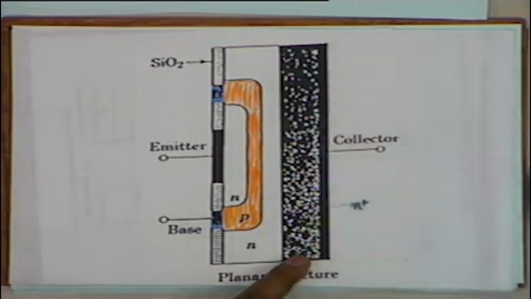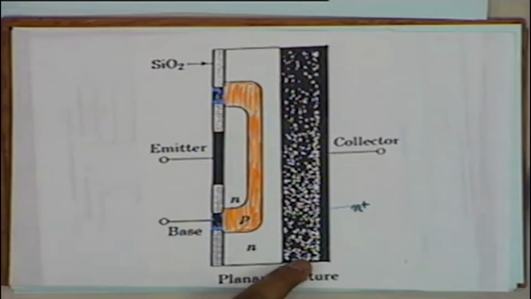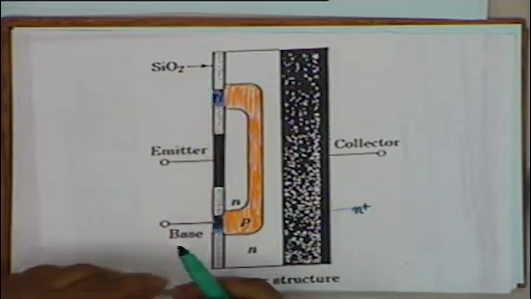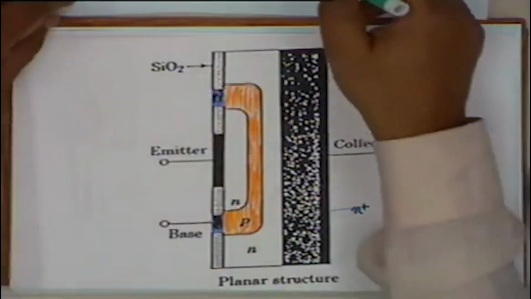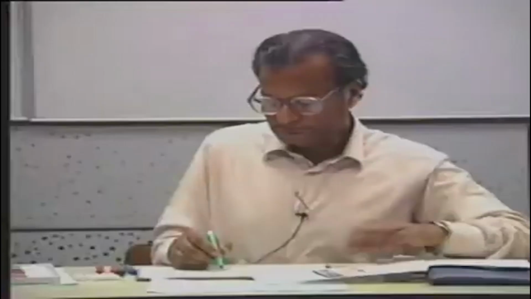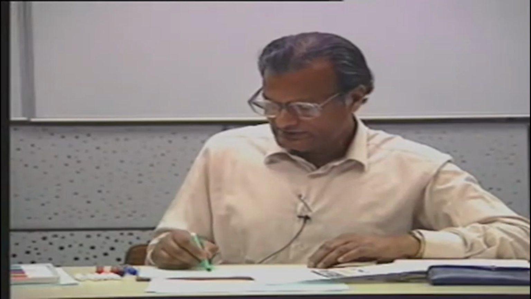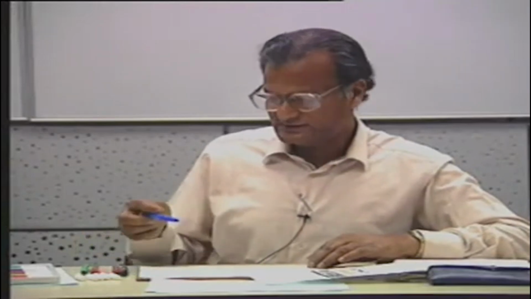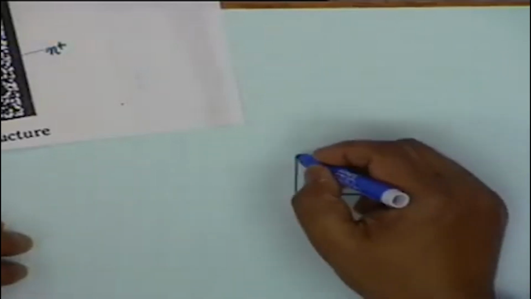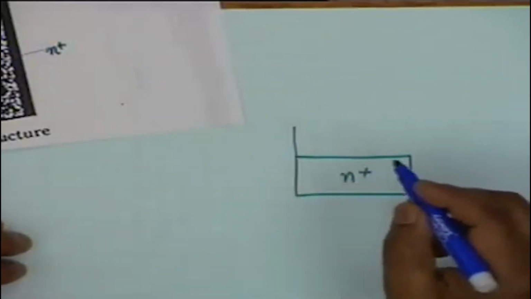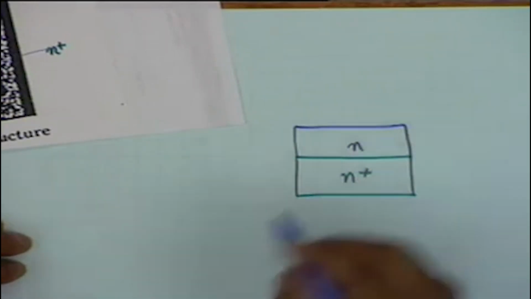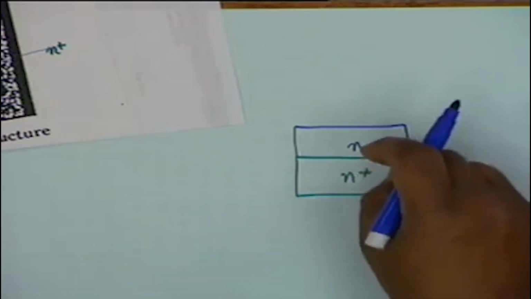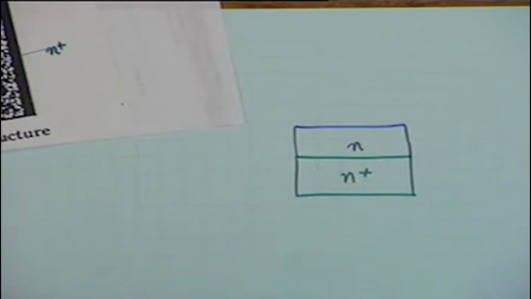Now upon this N plus silicon is grown a lightly doped N region. All this colored stuff is not there. What you do basically is take a silicon which is N plus, and then upon this you grow, by passing a gas of that material, there are other methods of doing this, an N type region, that is the same silicon but lightly doped, less doped than this,